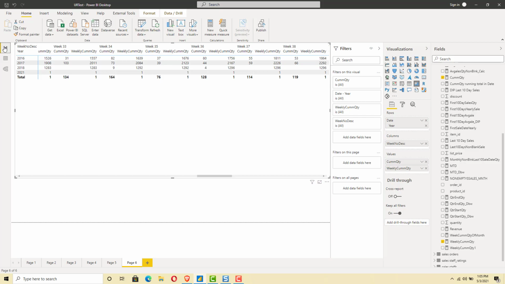So this is an easier way by which we can calculate any kind of cumulative aggregation over a week, within a month or within a year. We just need to find out the corresponding week numbers at the month level or at the year level, depending on the scenario. Hope this explains how similar scenarios can be handled easily inside your Power BI calculations. You just need to extend your date dimension to add these additional columns, and then it's just a matter of simple comparison operators to ensure that you do the cumulative calculations.